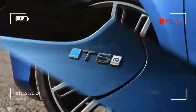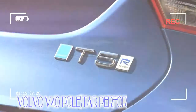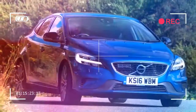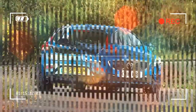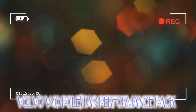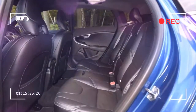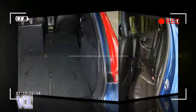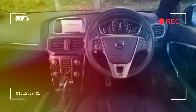Plant the throttle from a standstill and you'll have to wrestle the wheel to prevent a degree of torque steer, though the slick gearbox swaps ratios imperceptibly. With the windows raised you'll wonder whether that new exhaust is functioning properly, though. The V40 has always been a refined cruiser, and apart from a bit more tire roar, the Polestar extras do little to change that. From the outside, however, the tweaked hatchback growls menacingly, with far more purpose than the standard